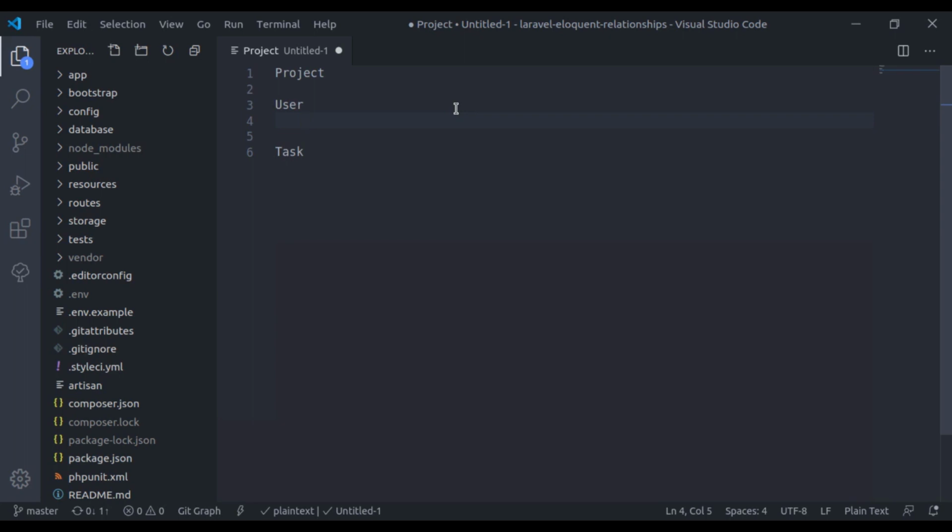So in the user model, it has a project ID column to create the relationship between project and user, and in the task model it has a user ID column, and using this user ID column we can create the relationship between user and task.